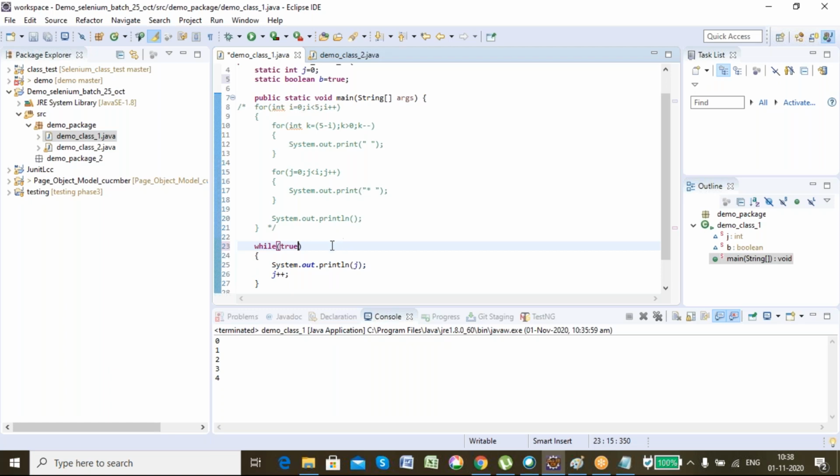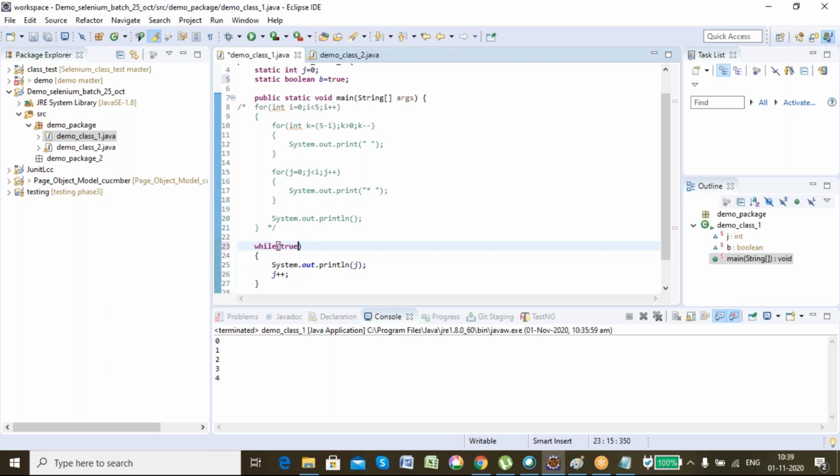See, just tell me, if I'm writing j greater than 0, it's either false or true. So while comparing for the first time, it will compare and replace it by false or true only, right? But instead of comparing and returning false or true, I'm directly writing true. You understood what I'm trying to say?